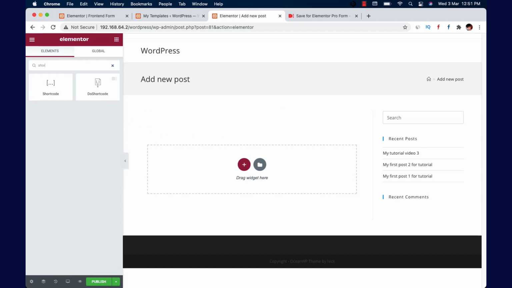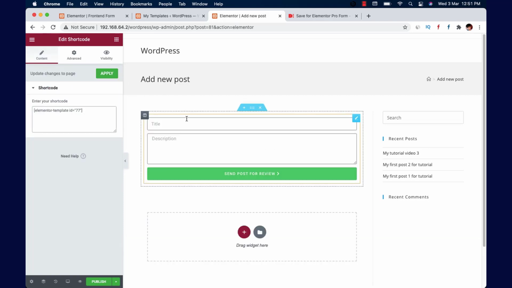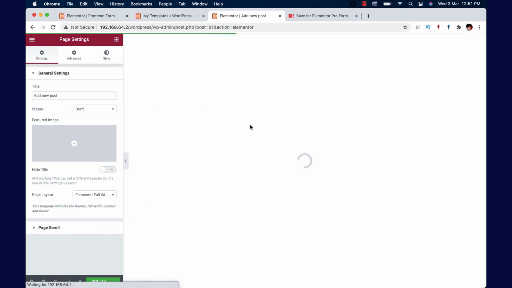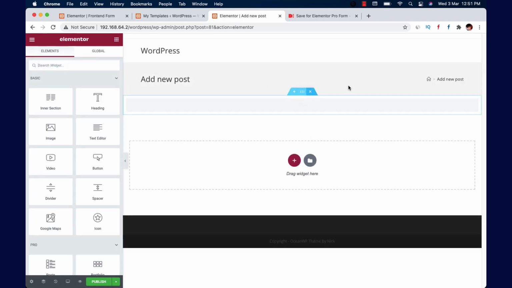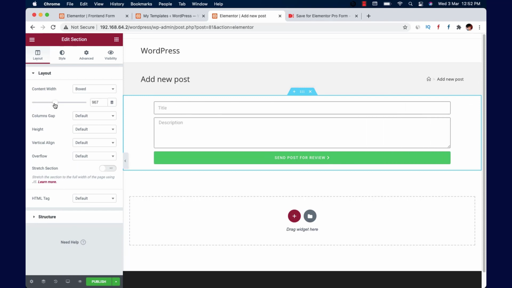So here I have the shortcode widget. Let's drop it here and paste the shortcode. So now it's here. I don't want this sidebar here, so I can change the layout to full width. Okay, that's cool. Now let's publish it.